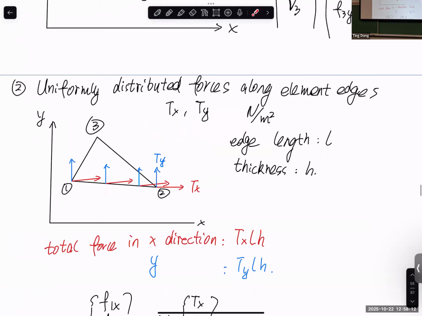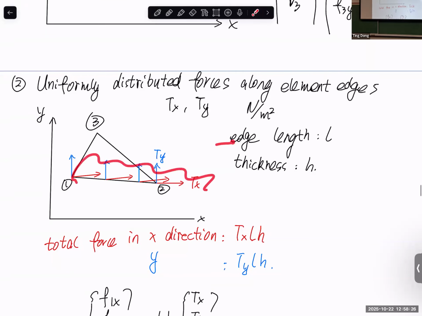The next situation is, what if we have a uniform distributed force applied on an edge? Of course, in our undergrad class, I don't want to go too crazy. I could give you a function f of x and y as a randomly distributed force, but in our class, let's focus on the similar situation: what if there's a uniform distributed force